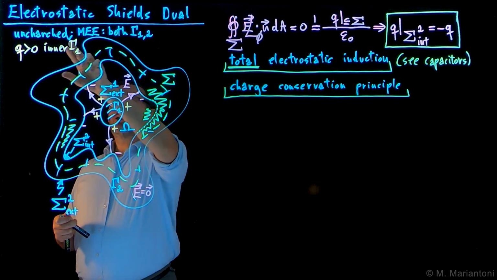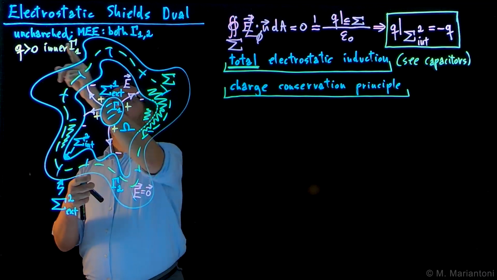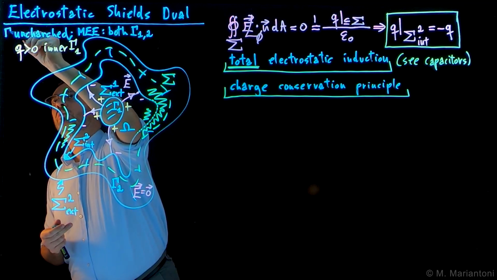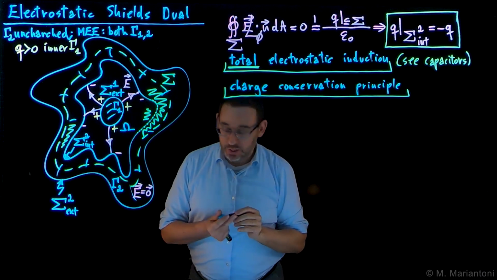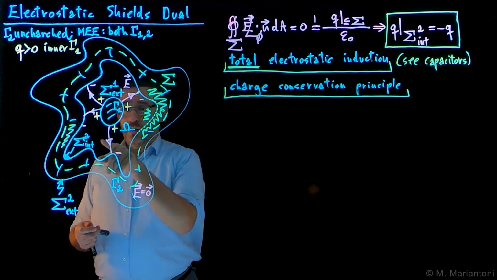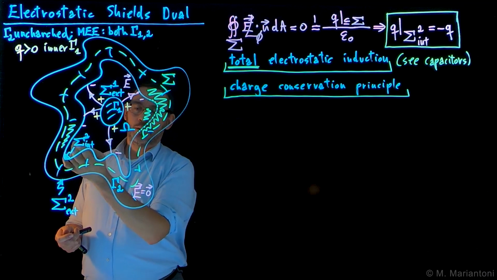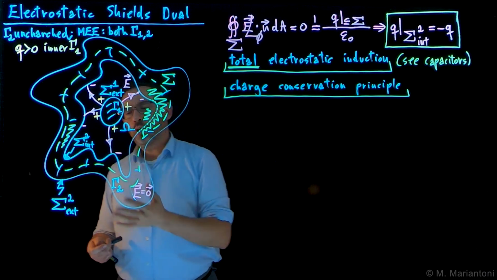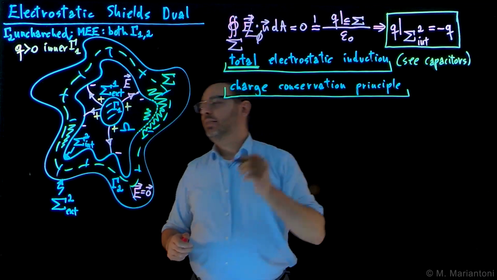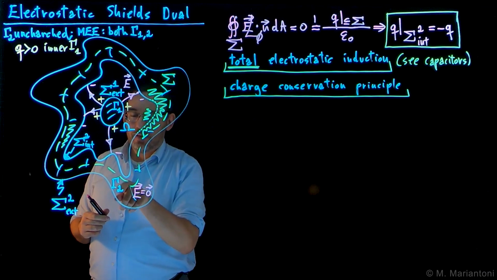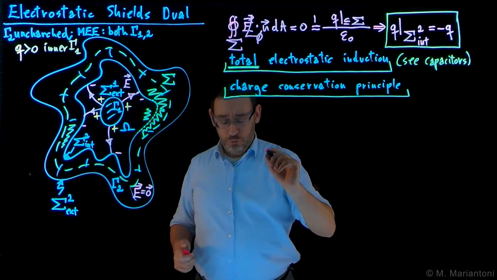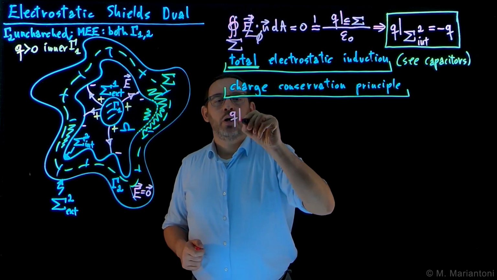So if we began with an uncharged capital gamma 2 object, okay, there is a semicolon, ME is for both, uncharged is only capital gamma 2. Let's be specific here, so don't make mistakes. Gamma 2 has to be uncharged. But now, because of Gauss's theorem and total electrostatic induction, we have a charge minus Q on the inner surface, capital sigma internal 2, of this object. So in order to have a zero overall charge, we need to see where the charge can go. Of course, it cannot go in the bulk of capital gamma 2 because of ME conditions, so it can only be on the capital sigma internal 2 and the external 2,